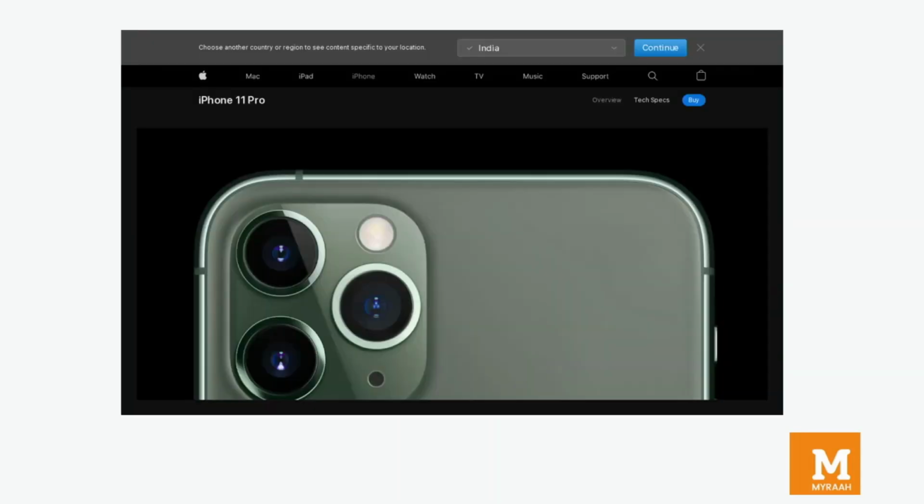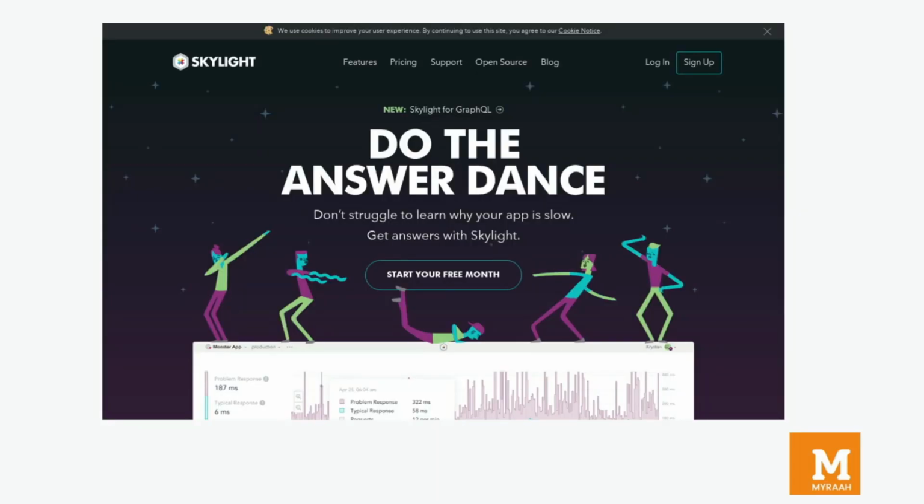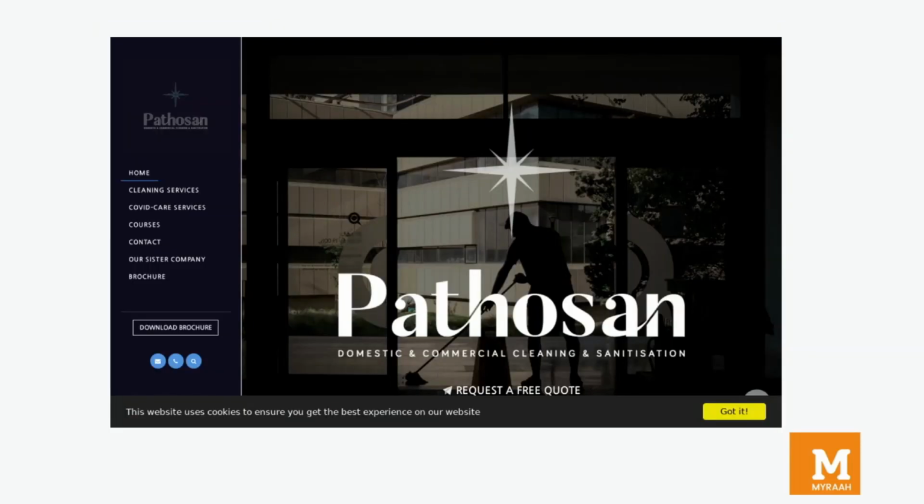Large objects in a design are more likely to draw attention. It is also true for text fonts which are large and bolder. Thinner and smaller fonts will be less salient compared to larger and thicker fonts. In this example, the big size camera picture is visually salient. In this example, the message "Do the answer dance" is getting attention. This example uses bolder fonts to draw attention to the brand name.